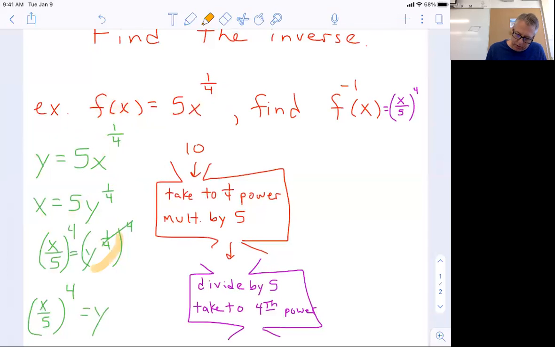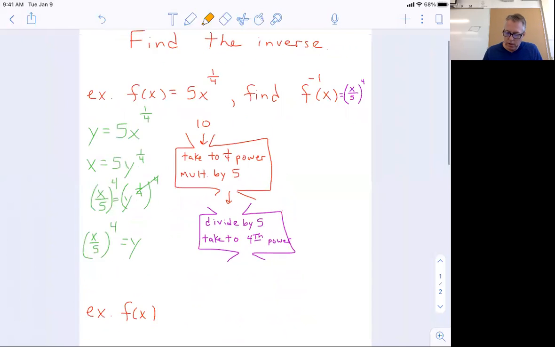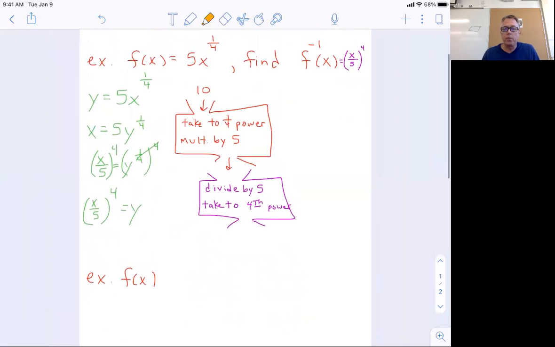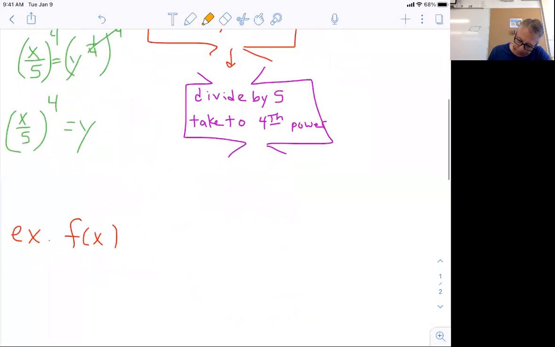And then I have to get rid of that y to the 1/4. So I take both sides to the 4th power because those two things make that just y equals. And I get y equals x over 5 to the 4th power. So I'll show you that process again in our next one. Okay, and that works all the time. So for our next one,